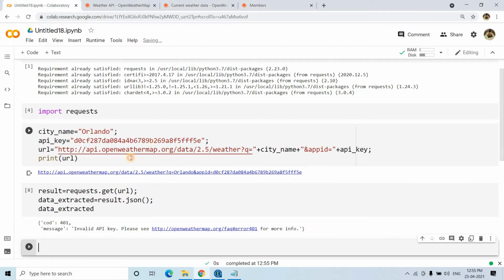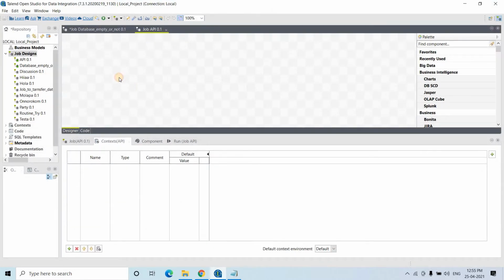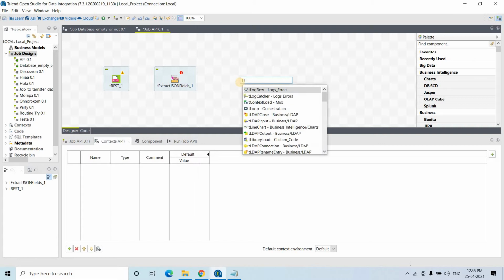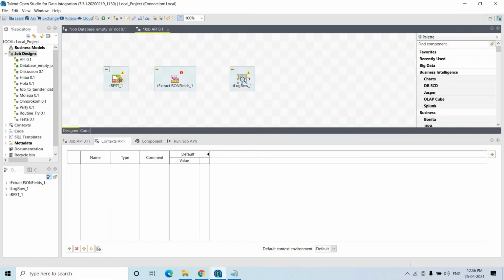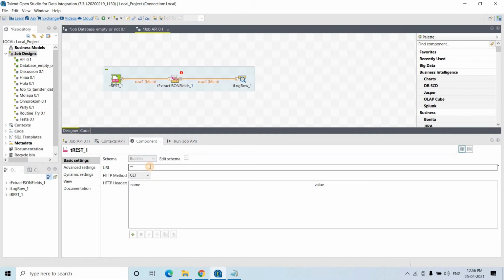Okay, so we'll wait for that, and by that time I will go to Talend, and here also I'll start creating the flow. To extract the JSON data from an API, we can use the tREST component, and then to extract certain fields, tExtractJSONFields, and to show that, tLogRow we can use. How the JSON will look and what we have to do next, that we can see once we complete our Python one, and in tLogRow we can convert this to table format. That's it. In tREST, here we have to pass the URL.